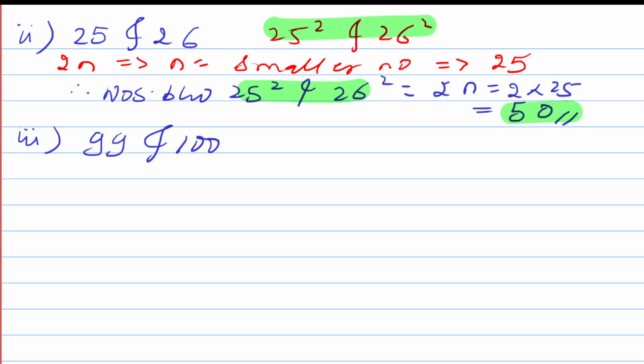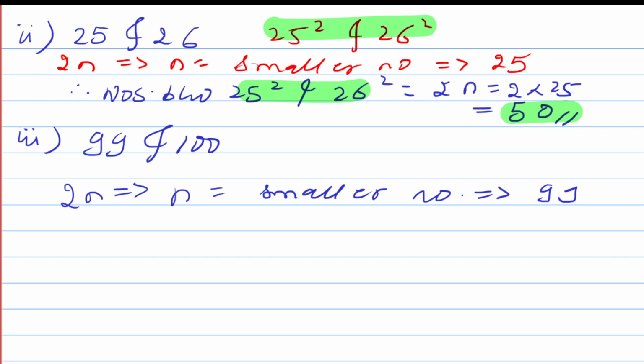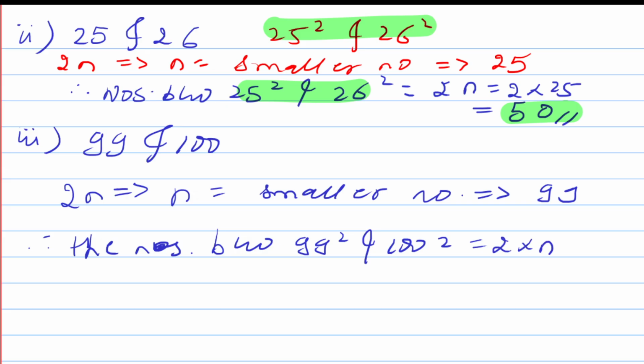Next and the last question of this exercise. As we know, 2n is such that n is equal to the smaller number. In our case, that is 99. And what do we have to do? Find therefore, the numbers between 99 square and 100 square is equal to 2 into n, which is equal to 2 into 99, which is equal to